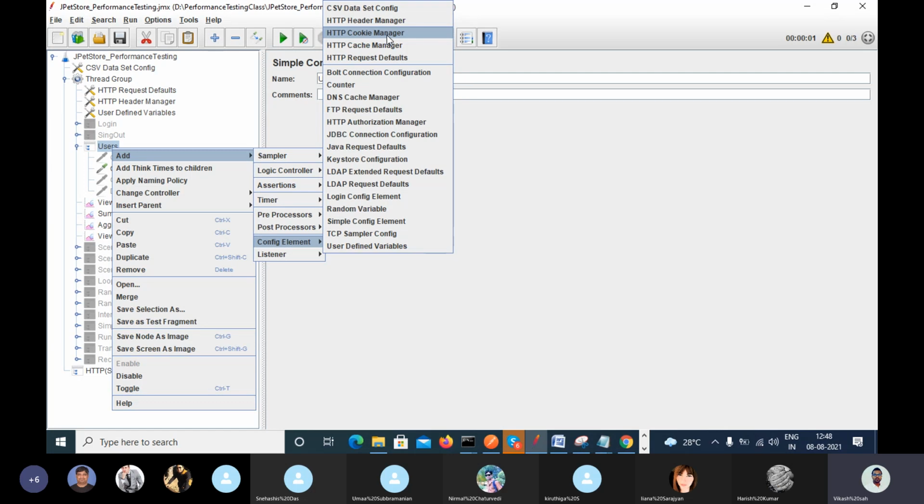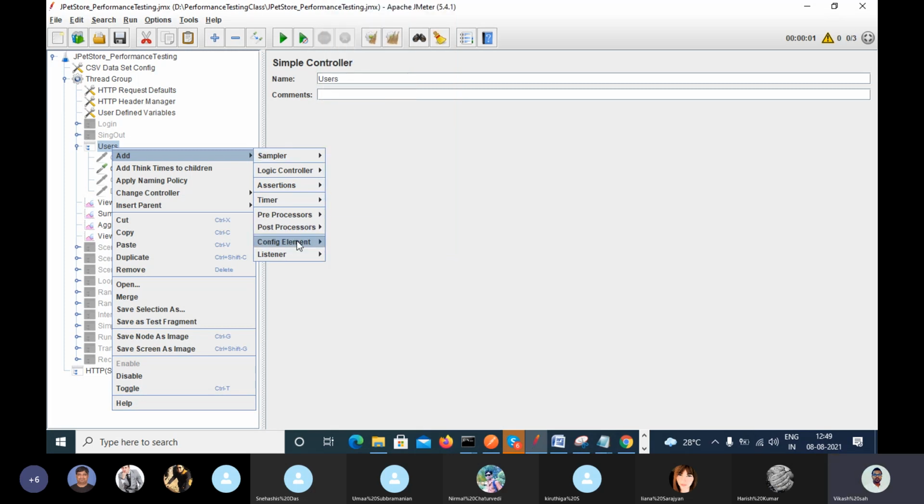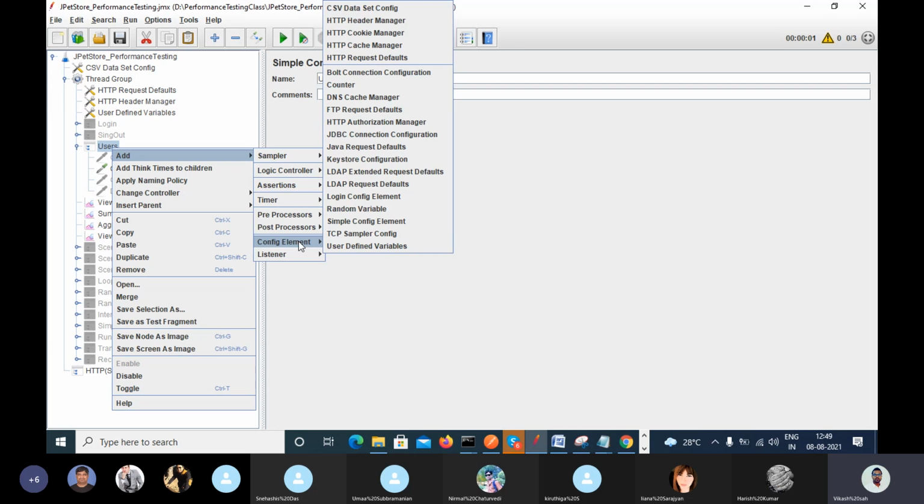When we use cookies, we will use the cookie manager, and I will also explain the cookies stuff. Then cache, I will also explain the cache. When we use file transfer, then we will use FTP. When we use the authorization manager, then we will use that one. If I explain all the things at once, you will not grasp them. Currently we are using HTTP request, and in HTTP request these four things are important: user defined, header, request, and